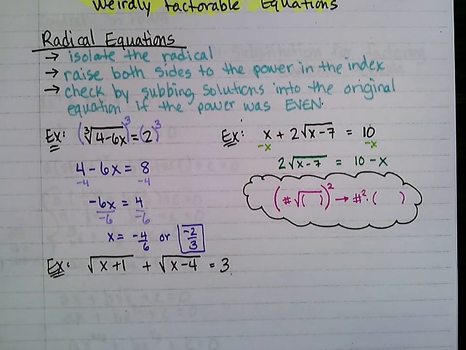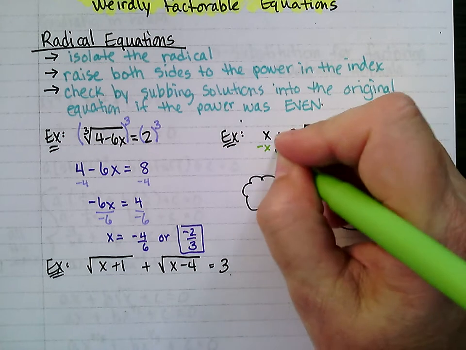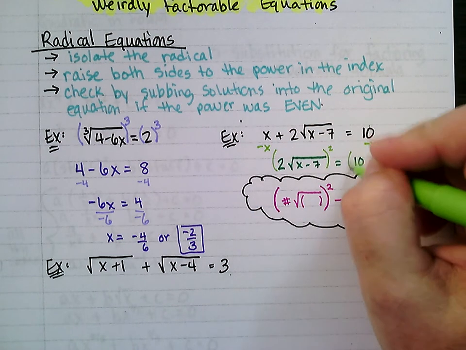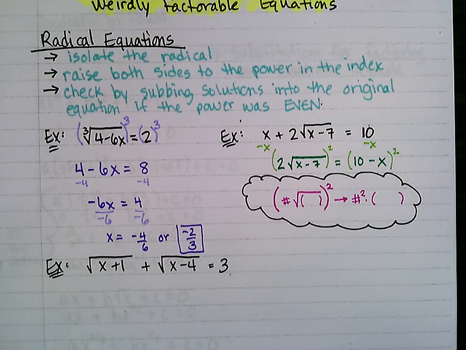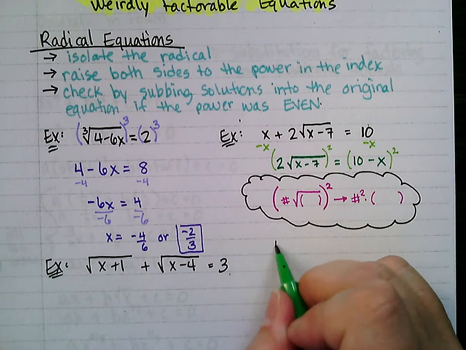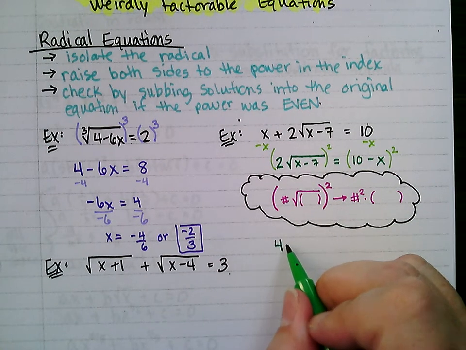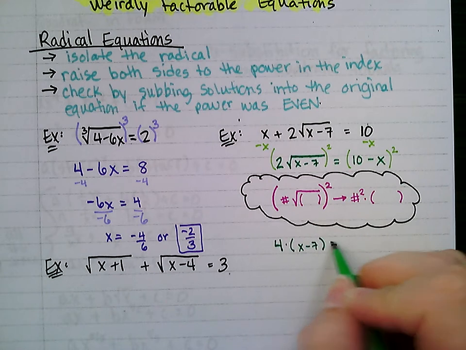That's a handy thing to keep in mind. So when I square both sides of this problem, I'm going to have 2 squared, so I'll have 4, and then times x minus 7 equals,